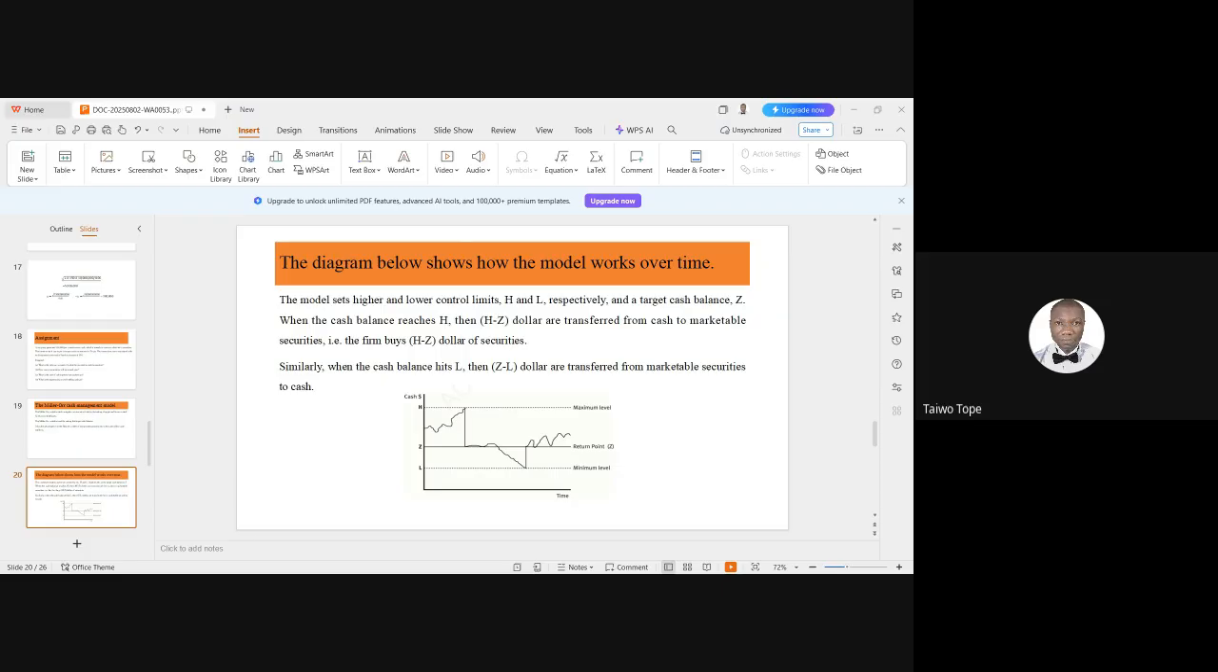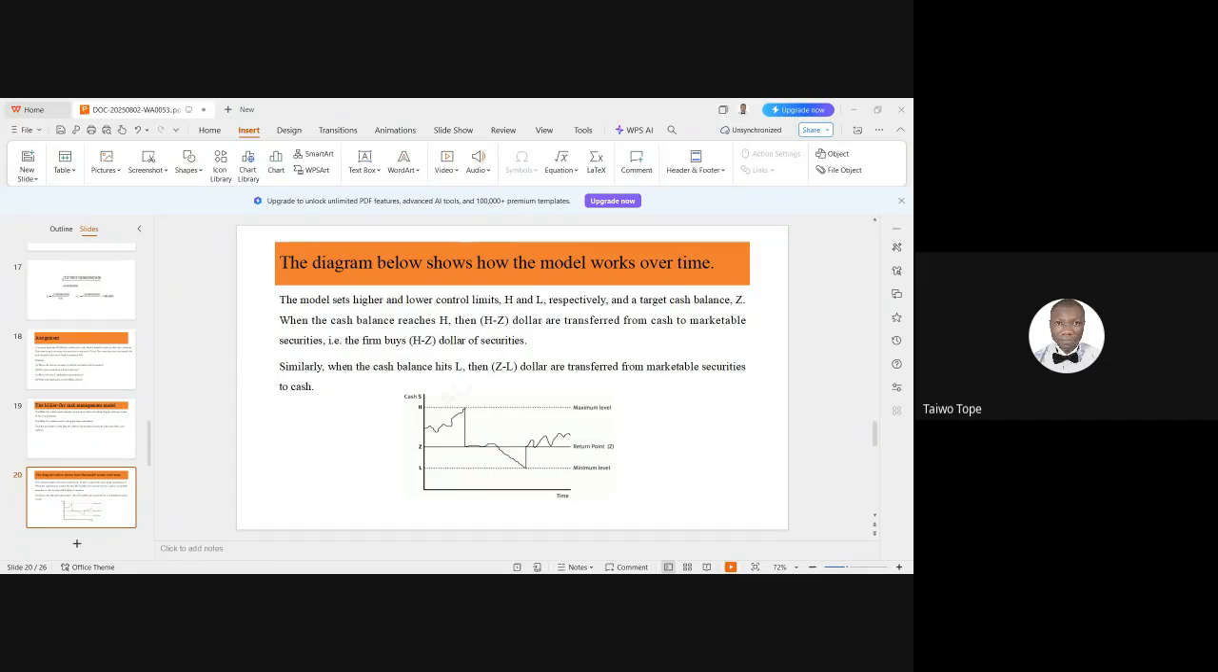So I just allow the formula to rest with me. This is a diagram explaining what I've said: the model sets higher and lower control limits, that is H and L respectively, and the target cash balance. So when the cash balance reaches H, this maximum level,